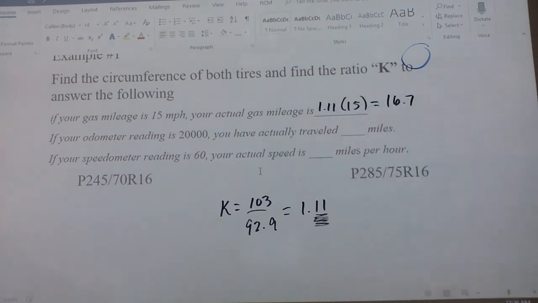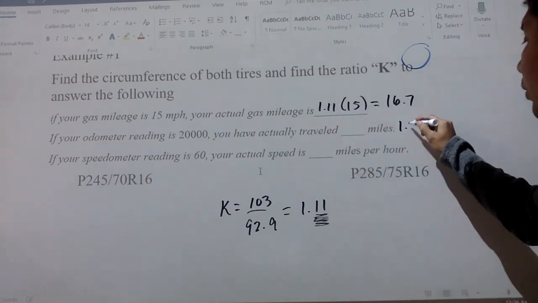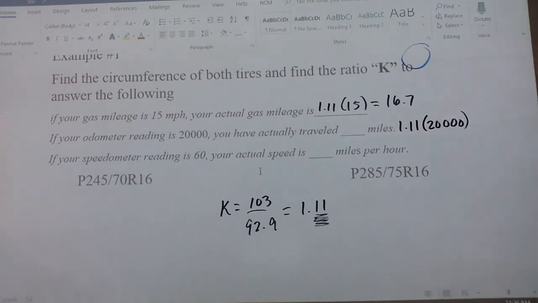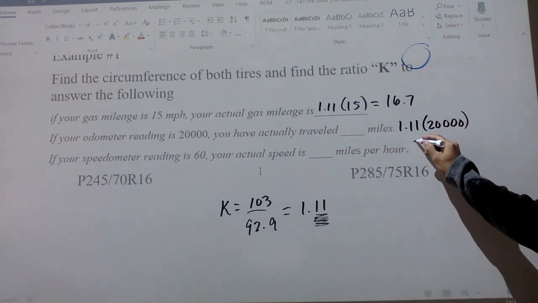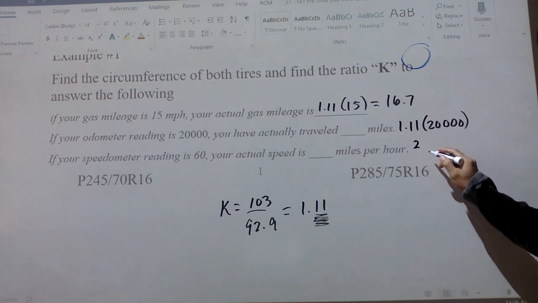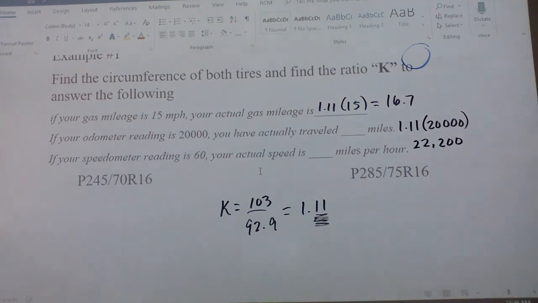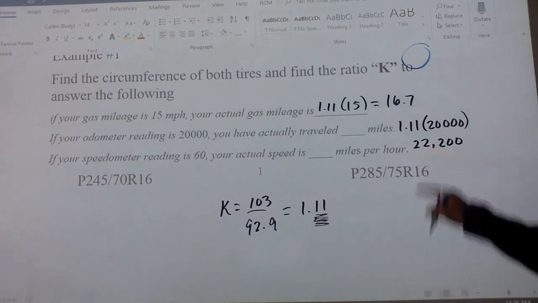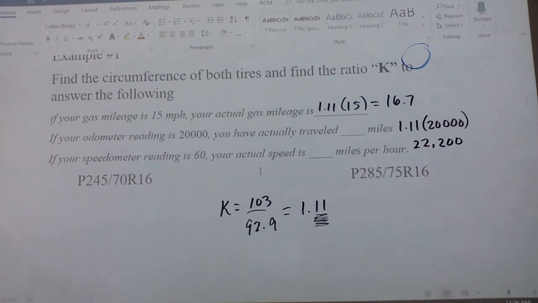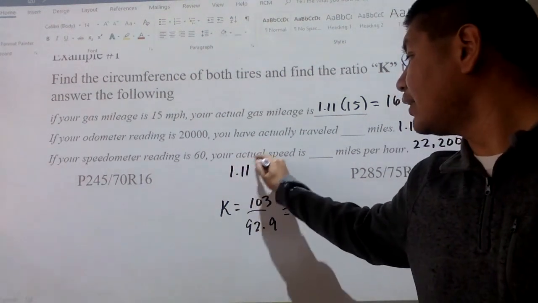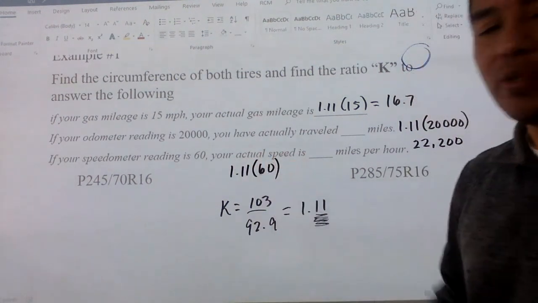Your odometer is reading 20,000, but when you apply the value of K, your odometer is going to say you traveled 20,000, but in reality you travel 22,200. With the new tires, you are covering more distance. It's bigger. But the one everybody wants to know, once you apply this value times 60, your speedometer can say you're